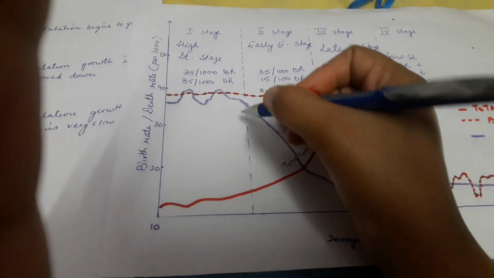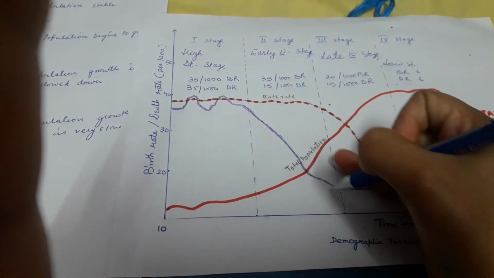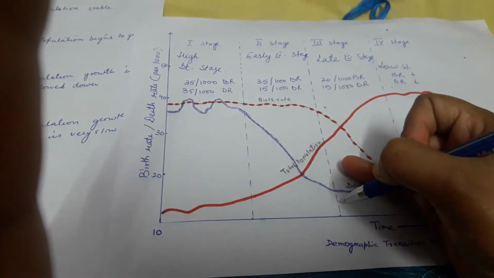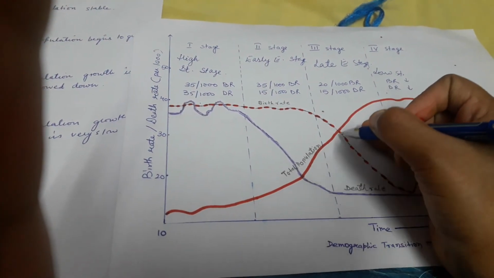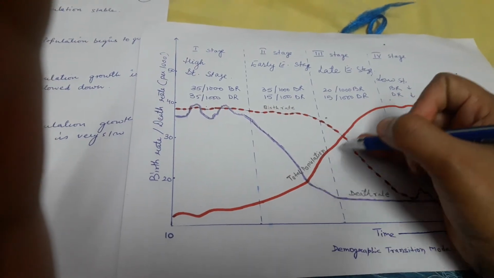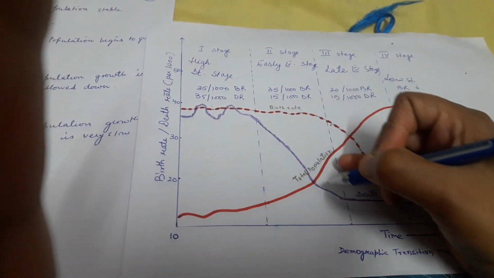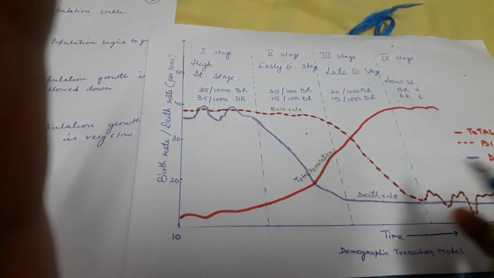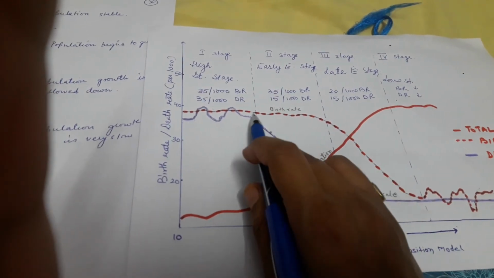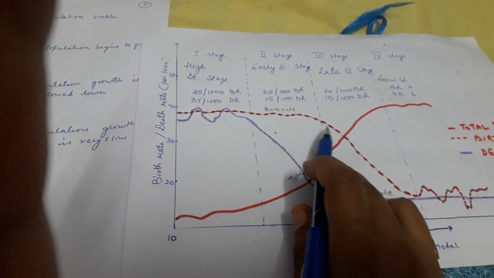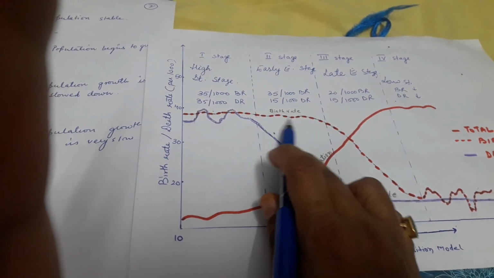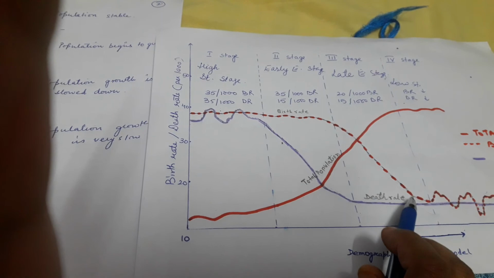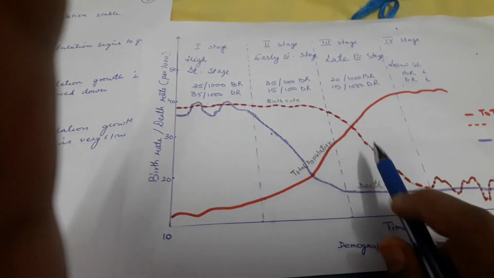The graph is showing a downward movement, and this line is showing an upward movement, that is the population is increasing and the death rate is decreasing. Sorry, birth rate is this one, the birth rate is here 35 per 1,000. It is stable here. Now the second is this one, the third stage is